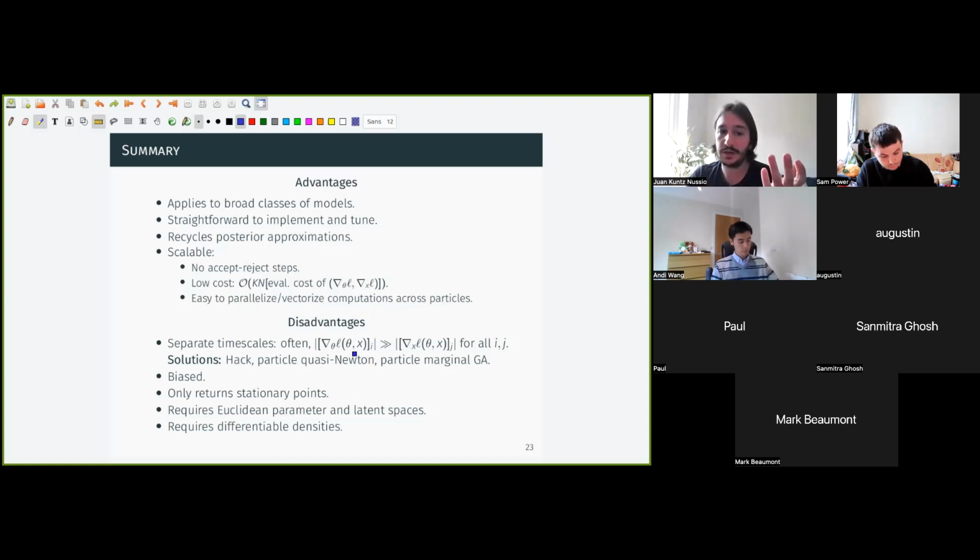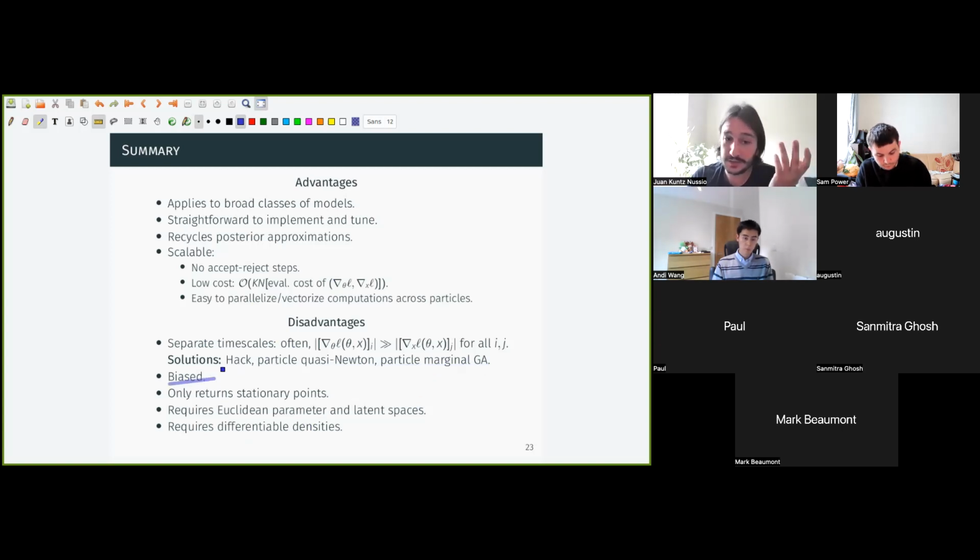There are some issues, some things we like less. So there's this ill conditioning that I mentioned before, which basically stems from the fact that for many of these models, theta gradients are much larger than x gradients. So if you use the same step size to update both, you end up having to choose a small step size to stop the theta coordinates from diverging, but then you get very slow mixing on the x's. So you want to be a bit more careful about that. But there's easy ways of doing that, and I can elaborate on this if anyone's interested.